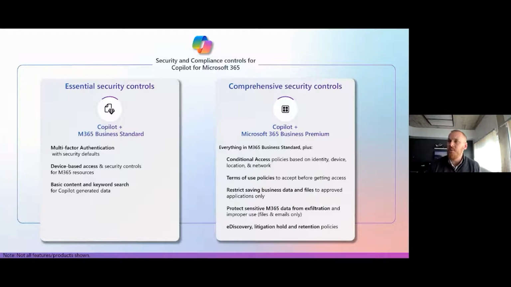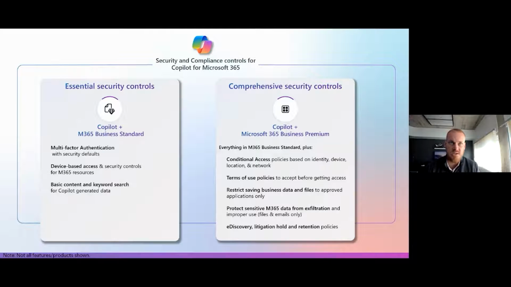A big piece of deploying Copilot for Microsoft 365 is readiness. We really want to make sure that we put in those security controls. Obviously, the basics are critical, where we need multi-factor authentication. We want to see if we can build in some trusted device conversations. We can start to dial in some of that functionality. But if you want to be secure, as we always recommend, you really want to be running one of the Microsoft 365 suites. Business Premium, E3, E5, they come with additional capabilities like conditional access policies that can be very, very focused on who can access what, where,